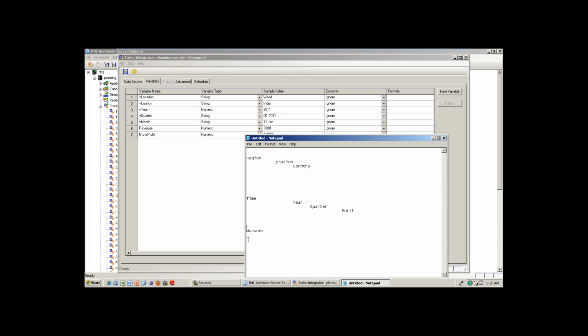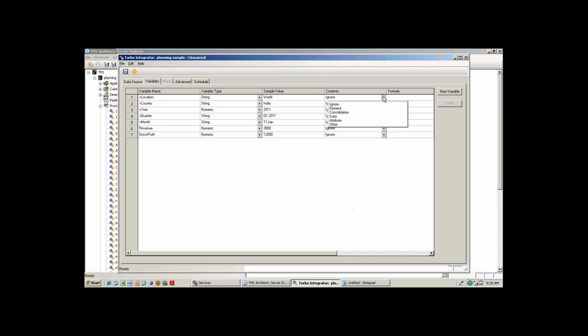So now let me go ahead and put for location. Location is the parent. If you go for location, there are options: ignore, element, consolidation, data, attribute, and other. One by one I will explain.